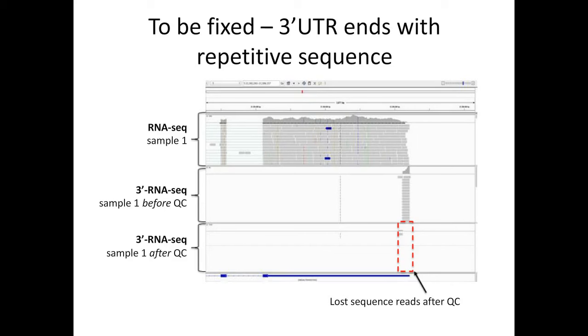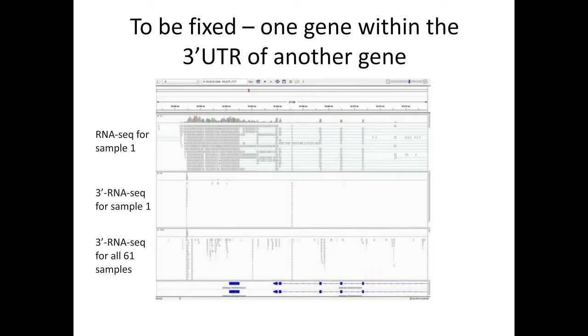So once we did QC, all the reads that were mapped before to this location, this is 3' RNA-seq read, are eliminated. So this is one of the problems that we are trying to fix when we have repetitive sequence at the end of the transcript. Another example, there is also quite, I think, how am I doing in terms of time,